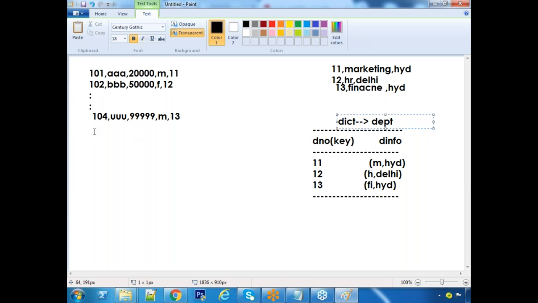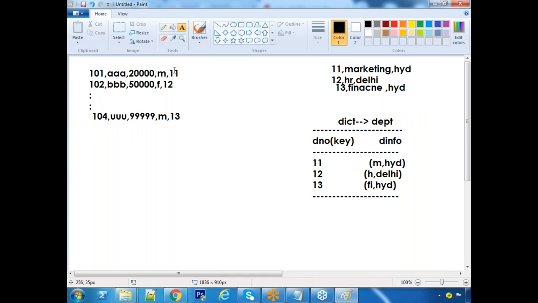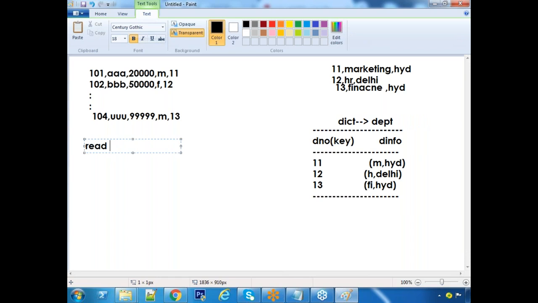Now here, from this I start reading one by one, each and every record. This is child file. Read each line from child. What is the common column between these two things, sir? To integrate these two files, what is the common column? Department number. Separate common column, which is department number.